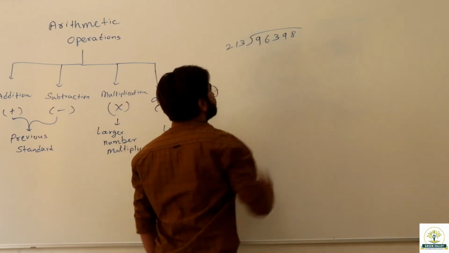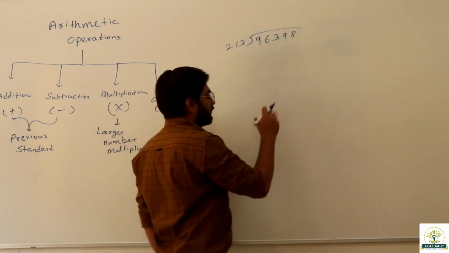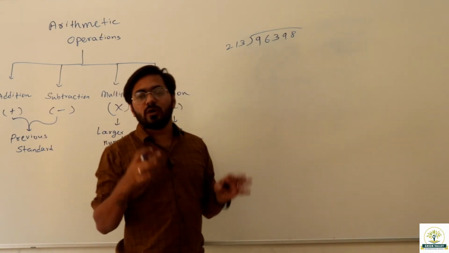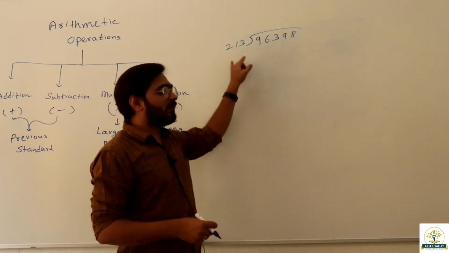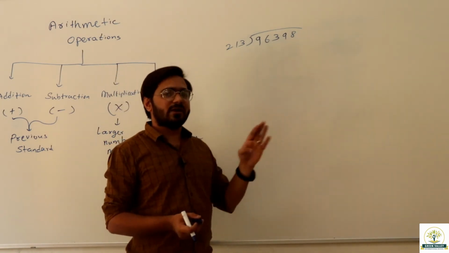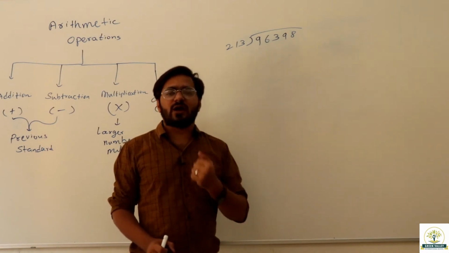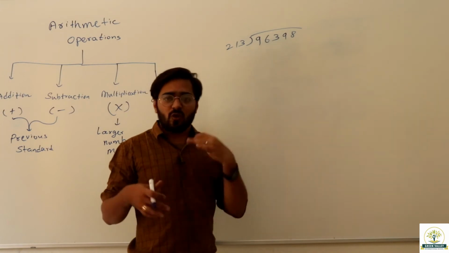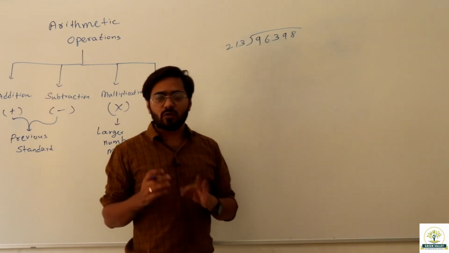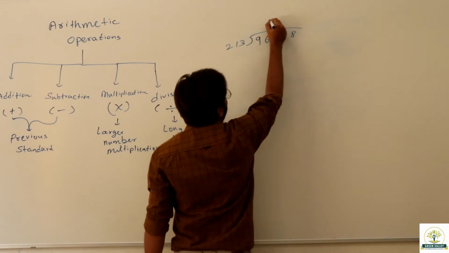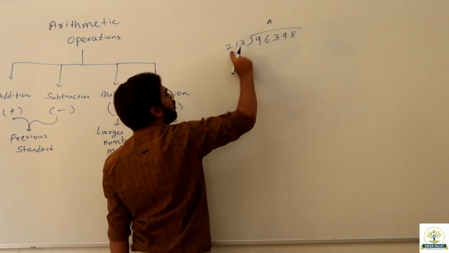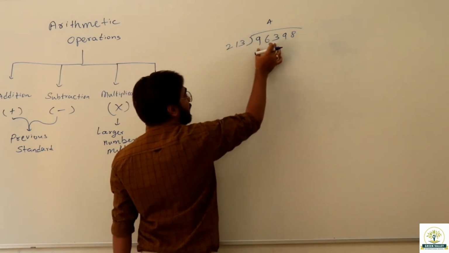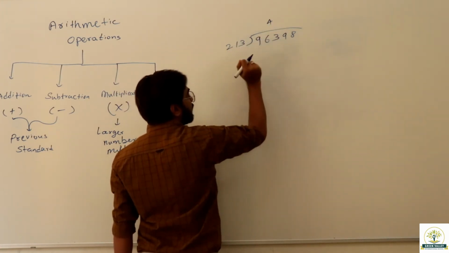In the table of 213, let us assume it is a 200. Okay, so if I do 200 fours, it will be 800. If I do 200 fives, that will be 1000. 1000 is greater than 963. So obviously I will have to do with 4. So we will directly take 4 and now we will multiply 213 and 4. Understood? That will be a 3-digit number and we will put the number below 963.